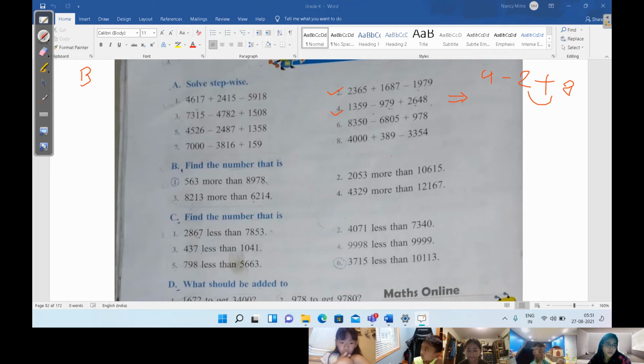Maybe you know, or maybe you will study in the next future classes, in the higher classes, about BODMAS. Listen to me. Is it clear? My screen is shared now. So listen to me. B is for bracket. What is the meaning of B? B means bracket. For example, if you have a question like